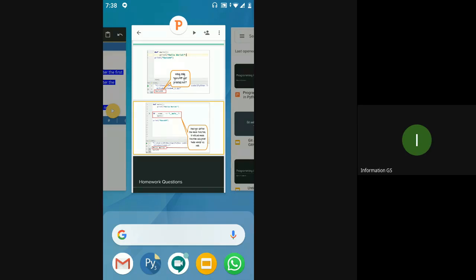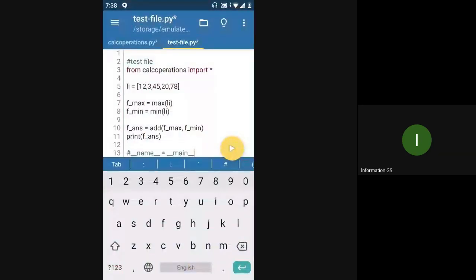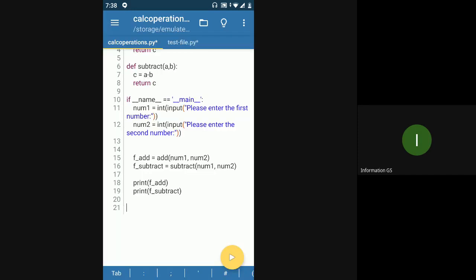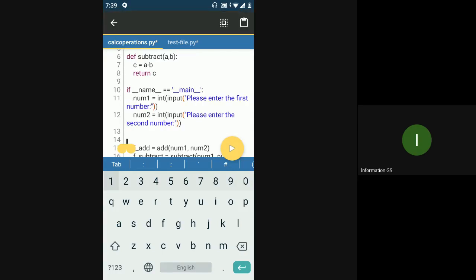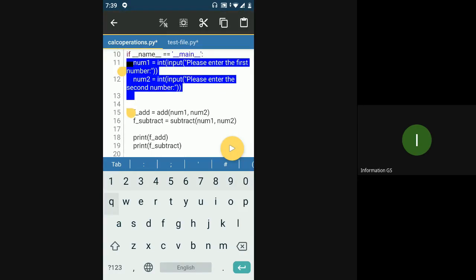So when I import the file and run test.py, all the processing part gets ignored. But if I run calc operations.py, then the variable __name__ will have the value __main__, and whatever is present in this if block will get executed.